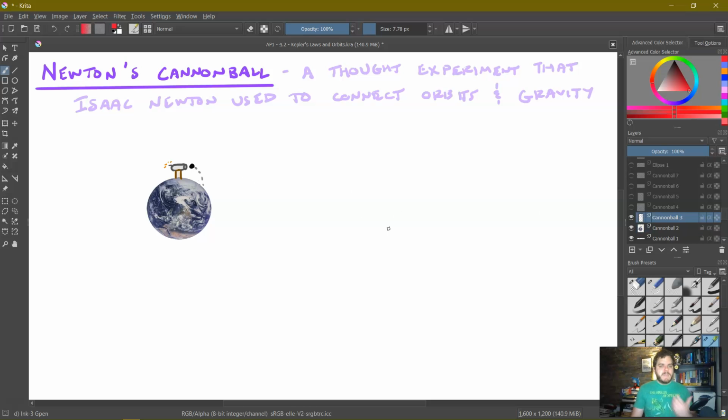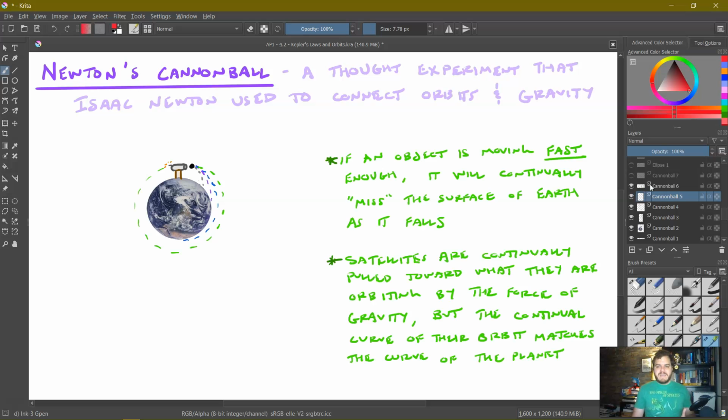trajectory here. But let's say we fire the cannon so that the cannonball goes faster now. Well, if it goes faster, it's going to cover more distance before hitting the ground, which means it's going to go around more of the Earth before it hits the ground. If we go even faster, it goes even further. Now it's going all the way to the other side of the planet. And eventually, if we go fast enough, we actually cause it to go all the way around and hit the